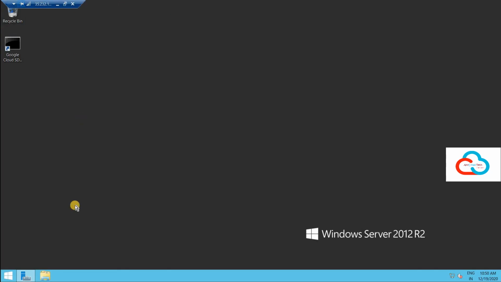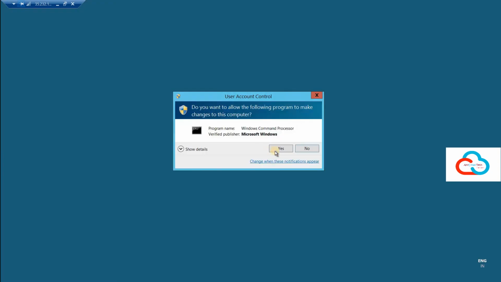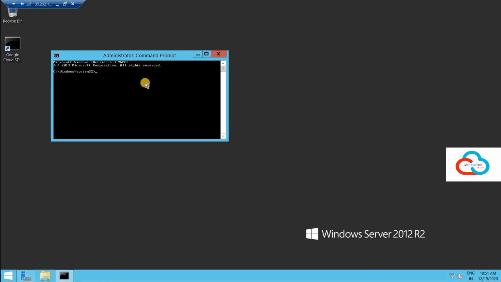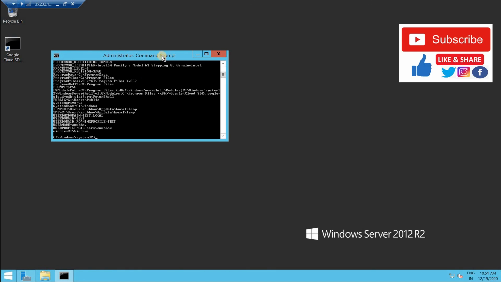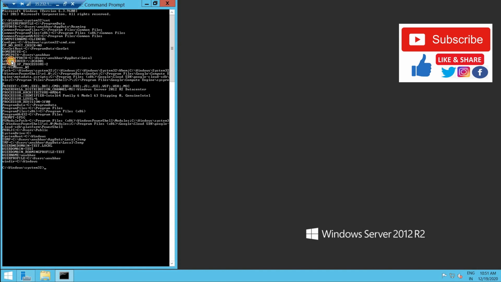So now you are on the machine, on the client machine. Go into the command prompt, and when you type here set, you will be able to see which domain controller you are redirected to. So since we have one domain controller, you can see here logon server as this domain controller.